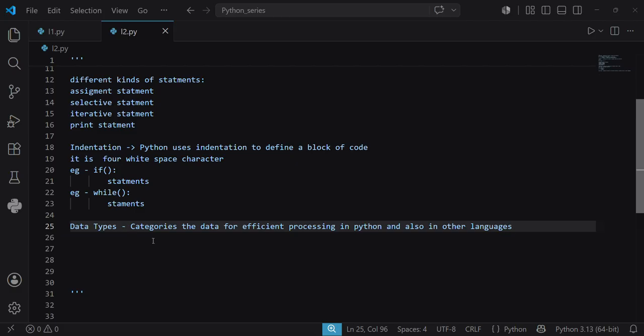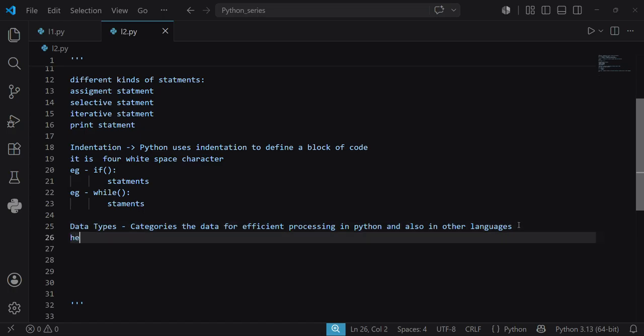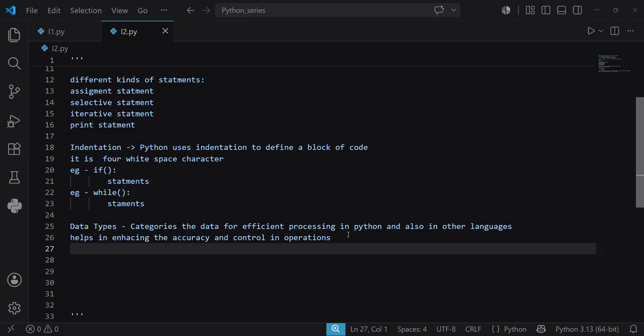Okay, so basically what it means, it improves the efficiency in our code. As I told you, data types are basically the types of data, but why do we require this type of data specifically? Basically it helps in enhancing the accuracy and control in operations. For example,